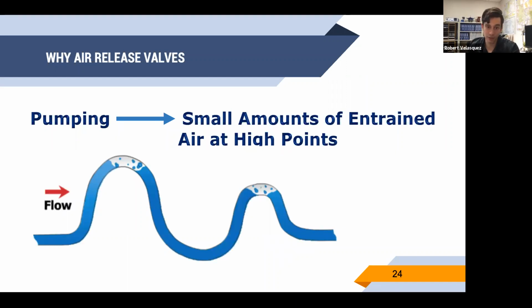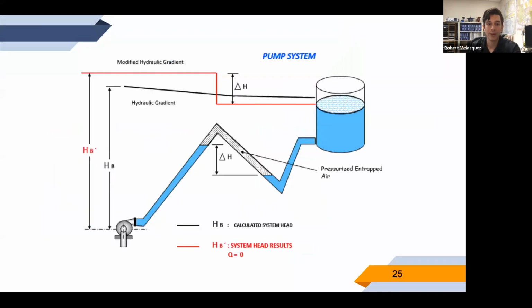This is, again, when you have a pump system and you get entrapped air up at the top. Here's a couple examples of different things we're looking at that could be a real problem. So if you have a pump that's pumping water up into a reservoir, and you've sized that pump so that it can push enough water and be strong enough to fill up your reservoir, and then you get an air pocket in some of the high spots in the line, that can cause more